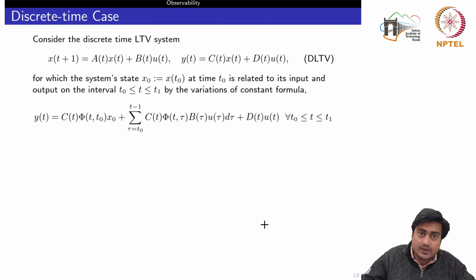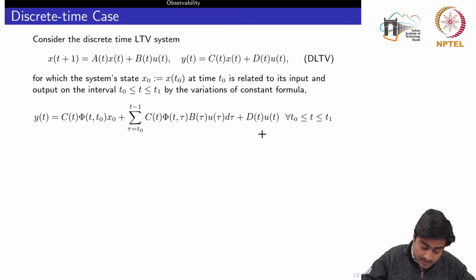Now let's generalize the results we have seen in the continuous time domain. We can generalize all those results in the discrete time domain also. So consider this A, B, C, D, again the time varying matrices, where T is now an integer. By using the variation of constants formula, we had seen in the first week the solution of the discrete